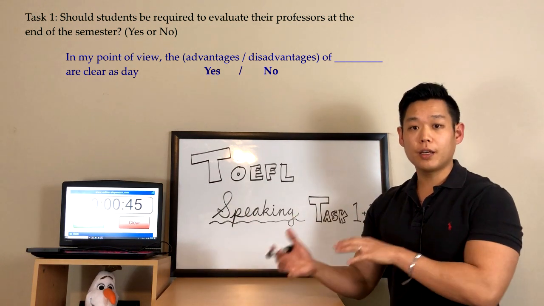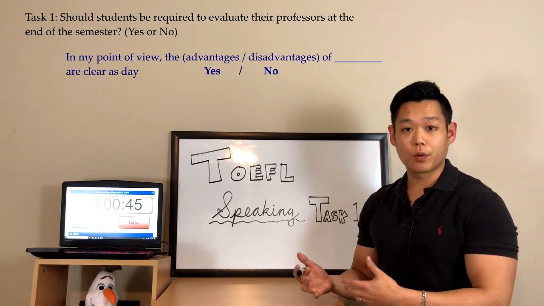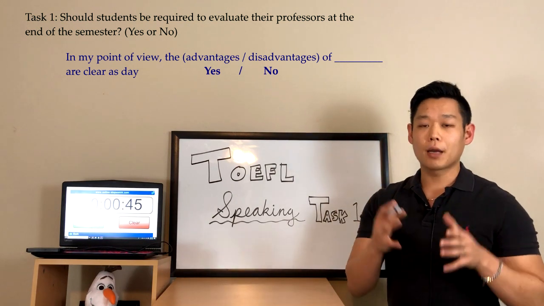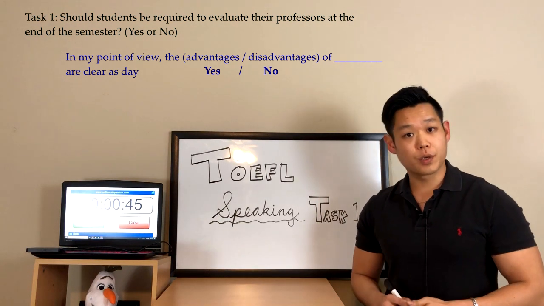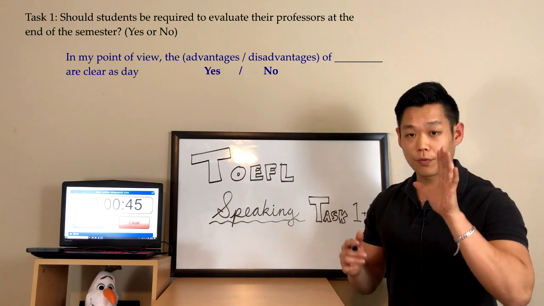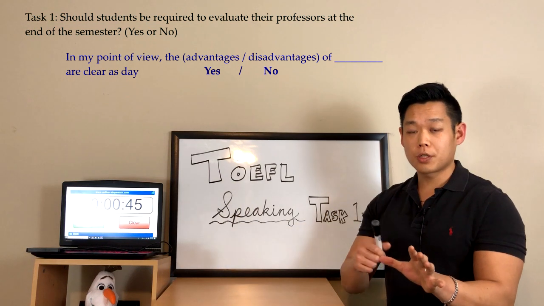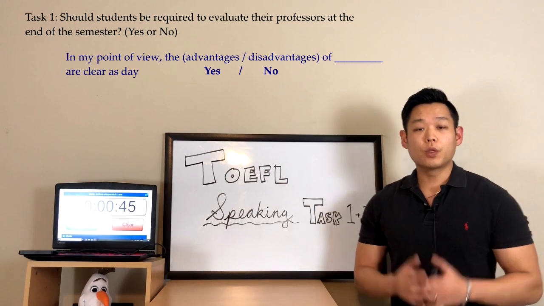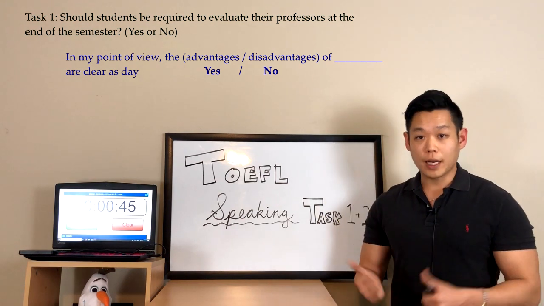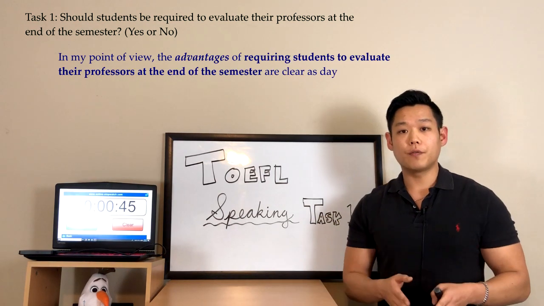So, on the other hand, if you decided to say no to this type of question, you would only say, in my point of view, the disadvantages of blah, blah, blah are clear as day. Do you understand? It's really simple. Just don't forget about which word you're going to be mentioning for yes and no, and you'll be good to go. All right, so the beginning sentence for this question, in my opinion, is, in my point of view, the